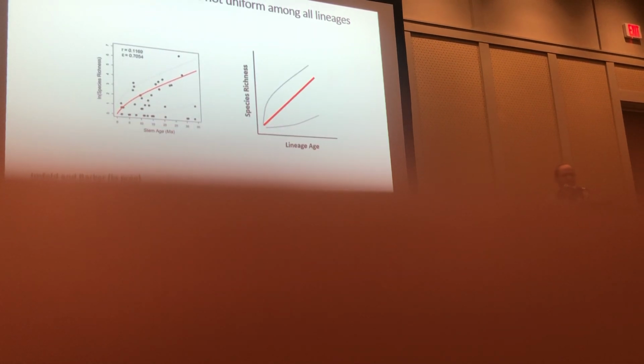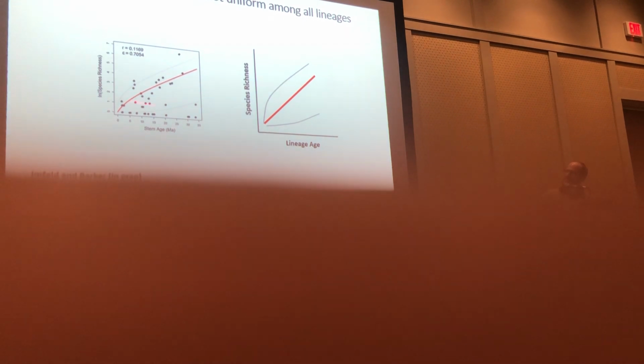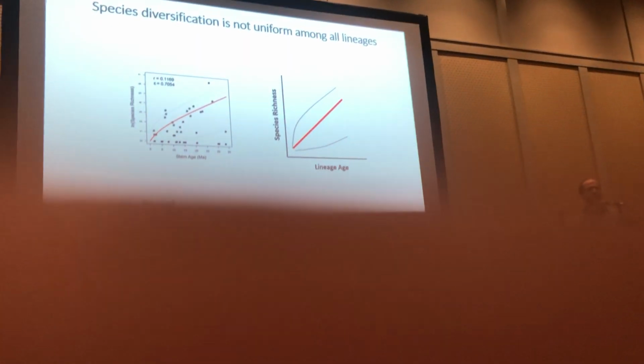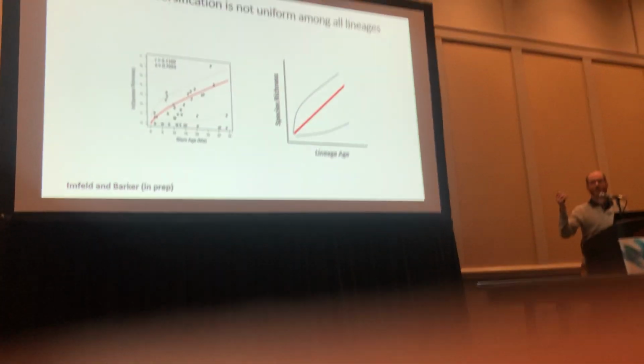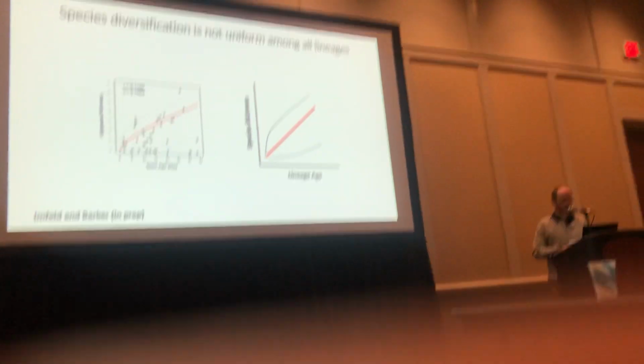So tie this back to our expectations. Yeah, there does appear to be a lot of consistent species diversification, but with a ton of outliers, right? We have some really, really wonky groups here. And are these lineages that are more or less species rich also more morphologically disparate or less morphologically disparate? How is this all related?